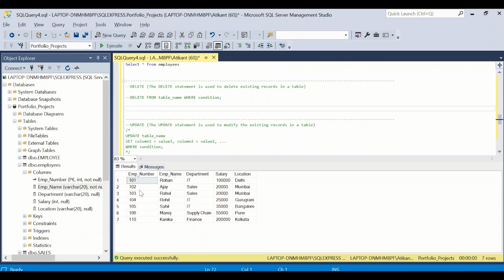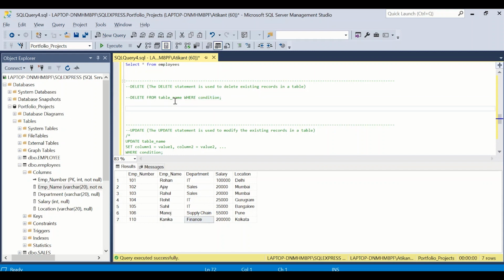So now you have 7 records. I say I want to delete the employee number 110, employee name Kanika, and department finance. So I don't want this record. So how to delete? The syntax is delete from table name where, and you have to mention the condition. Let's say I want to delete from the table name employees